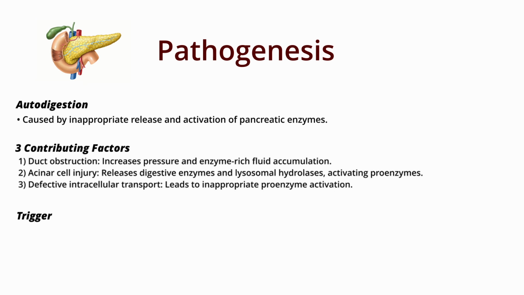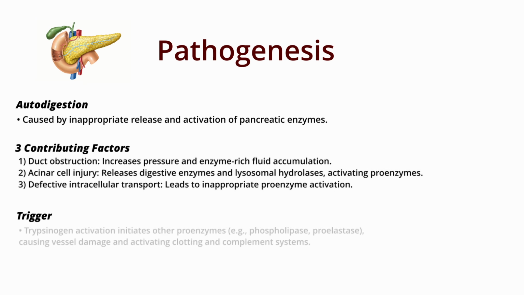fluid in the interstitium. There is also acinar cell injury, leading to release of digestive enzymes and lysosomal hydrolases, which activate proenzymes, and also defective intracellular transport, which causes the inappropriate activation of pancreatic proenzymes. Lastly, activation of trypsinogen into trypsin is an important triggering event in acute pancreatitis. This proenzyme activates other proenzymes including phospholipase and proelastase, which causes damage to blood vessels and activates the clotting and